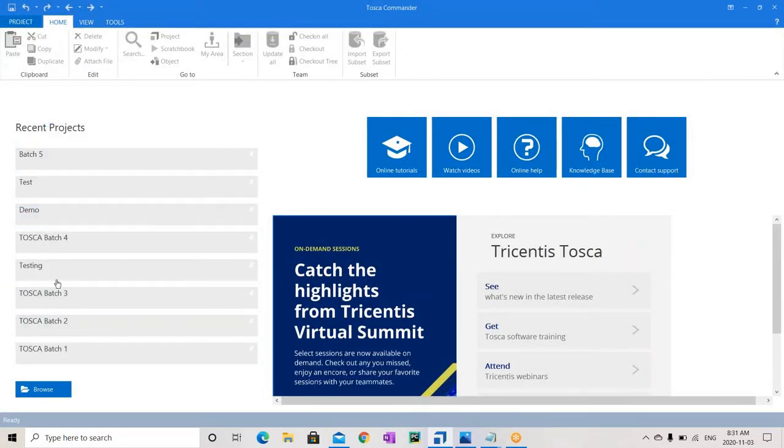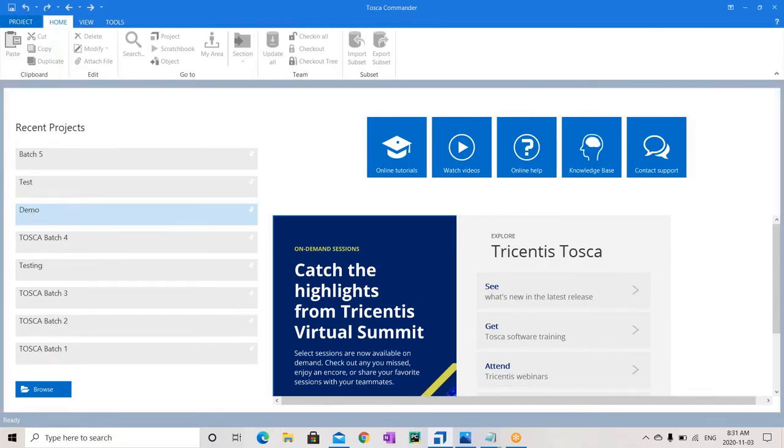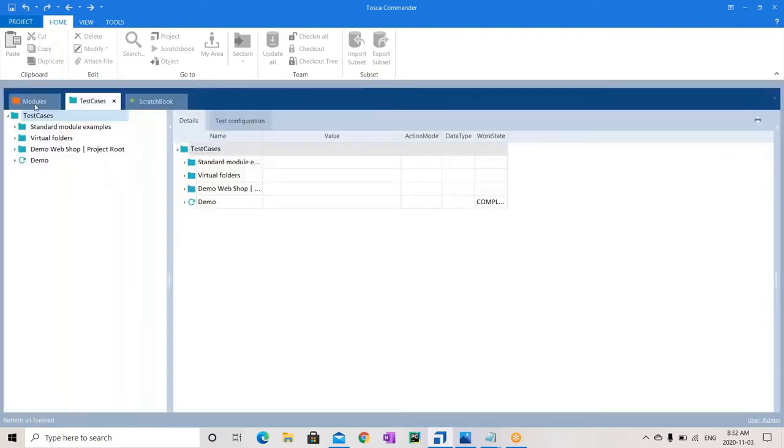These are the projects. Projects are nothing but the workspaces. Tosca also has single user and multi-user workspaces to support your projects or teams, with check-in, check-out functionality and all, similar to other tools. Right now I'm using a single user workspace to show you here, and I'm just getting into the project. I'm not showing you how to create a project right now because I just want to show you the basic functionality, how scanning and all works in this tool.